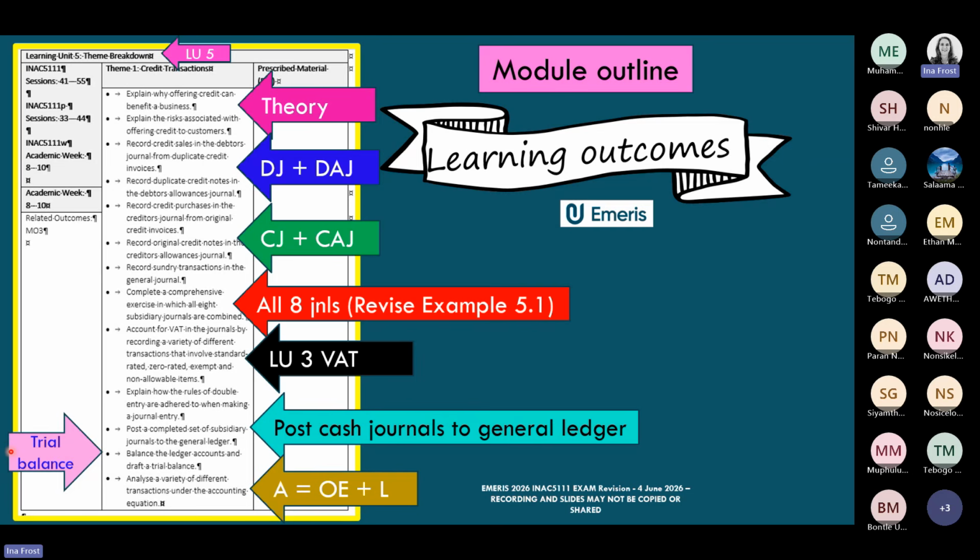Now, the next things that they want you to know how to do in this learning unit is the accounting equation. So now we need to be able to do accounting equation questions with VAT, without VAT, cash transactions, credit transactions, and for both inventory systems. And then the other big one that comes out of this learning unit is how to prepare the general journal. The bulk of this particular session will be talking about the general journal.